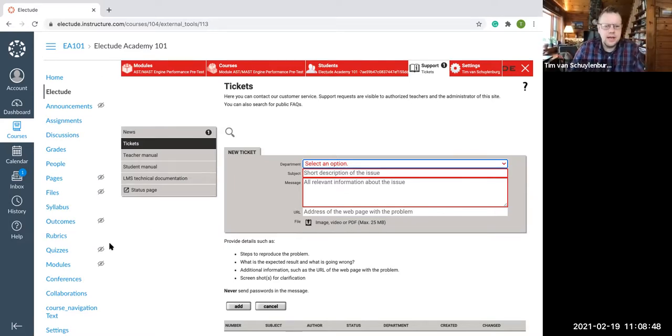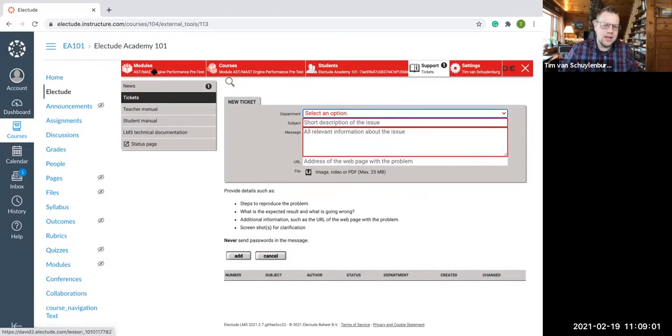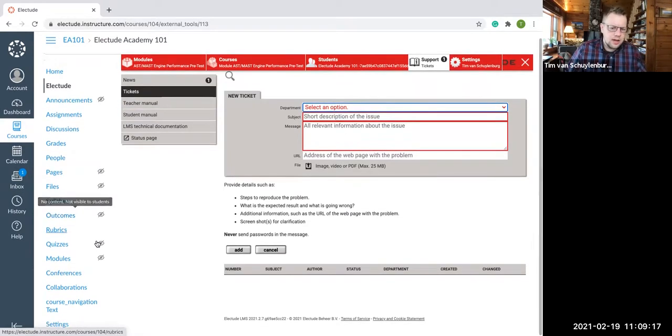So quizzes and normal modules, this is maybe a little bit confusing. That's something I actually want to point out. We have something in Canvas called modules, right? And that's not the same as the modules in Electude. So I will use the word assignments or lessons, because basically what the modules are in Electude are lessons or assignments in Canvas. So I will use that word not to confuse anybody here. So if we go to the modules page here on the left,